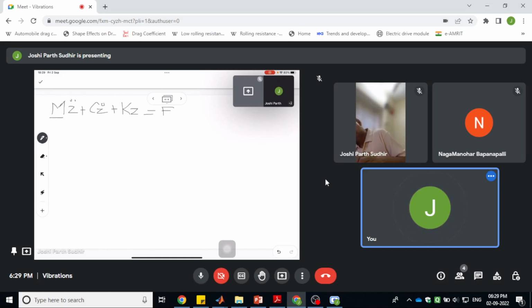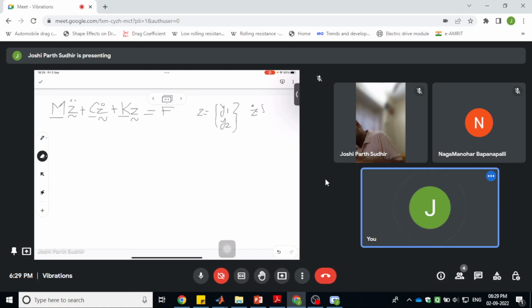So let us denote the mass, damping and stiffness characteristics as capital M, C for damping and K for stiffness, and we will write the vector of y1 and y2, we will call it Z. And z dot, let us say, will be y1 dot, y2 dot,